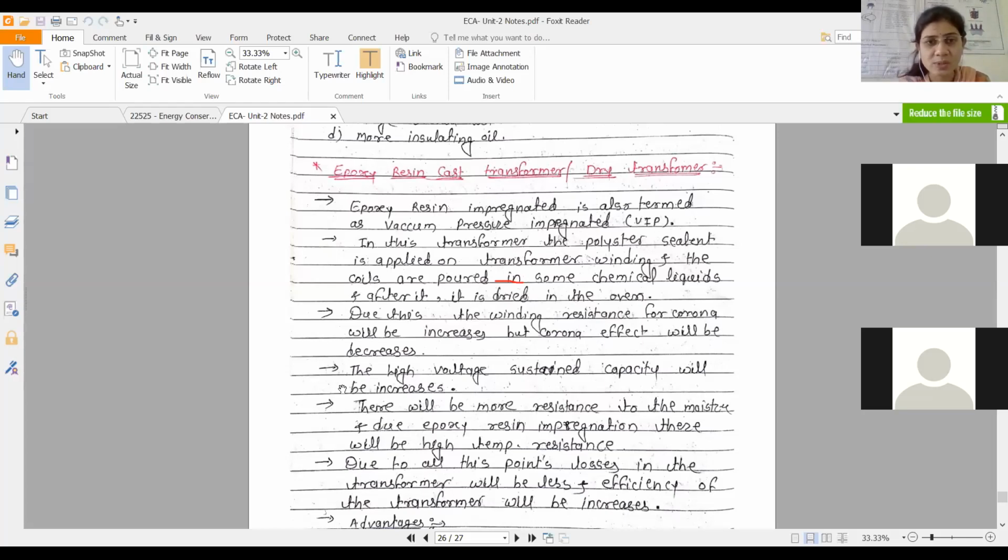Okay, so the high voltage sustain capacity increases. So because of this above process, हायली जे काही हाय व्होल्टेजेस आहेत तर त्यांना सस्टेन करण्याची जी काही कॅपॅसिटी असते तर ती काय होते, इन्क्रीज होते. Okay, and there will be more resistance to the moisture and due to epoxy impregnation there will be high temperature